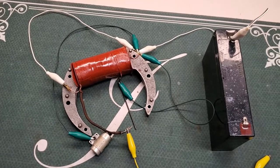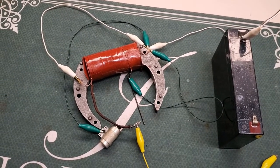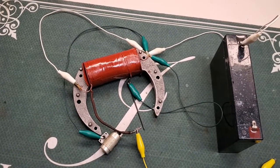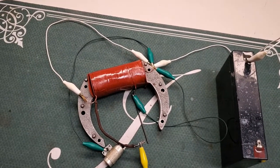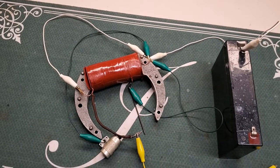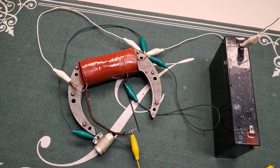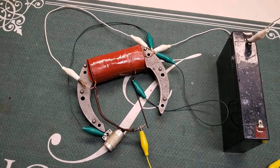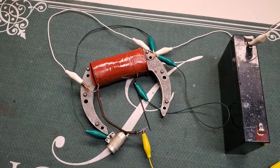So I started peeling back the layers of the lamination and the insulation. I peeled down and was able to get through just the outer coating. And I thought, huh. So I started scraping off some of the varnish on the wires and just doing continuity readings. I was actually able to find continuity through the whole winding, which I was really surprised by. So believe it or not, I was able to fix this coil, and it works great, as I'll show you